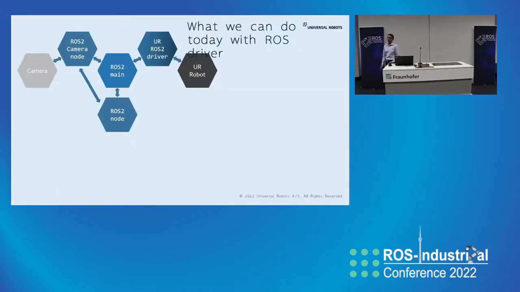We have a UR robot and we have a UR ROS driver. It's not only ROS2, it's also the ROS driver and a certain ROS application, like motion planning, MoveIt, something that wants to control the robot, and the robot is kind of degraded to a 6-axis actuator in this setup. What we have recognized for a couple of years in UR is that